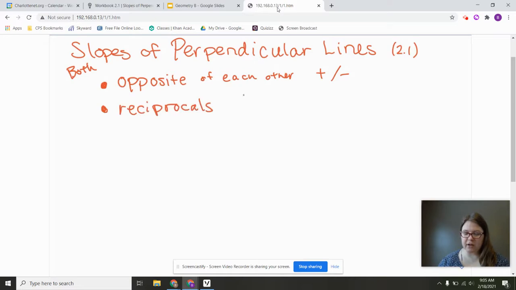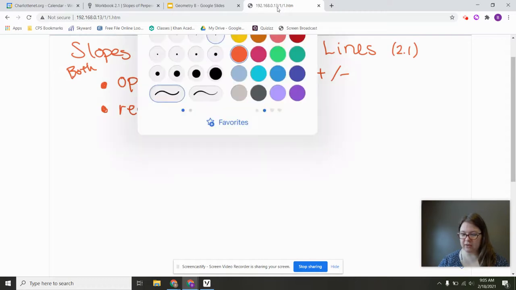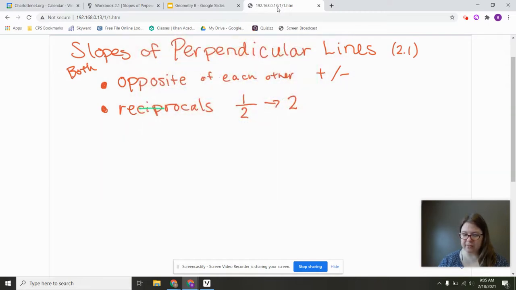So in other words, 1/2, if you flipped it and made it the reciprocal, it would be 2. Another way of making this so you can remember it is change the sign to flip. So it's reflipricals. And if those things are both true, then the product, in other words, if you multiply them,